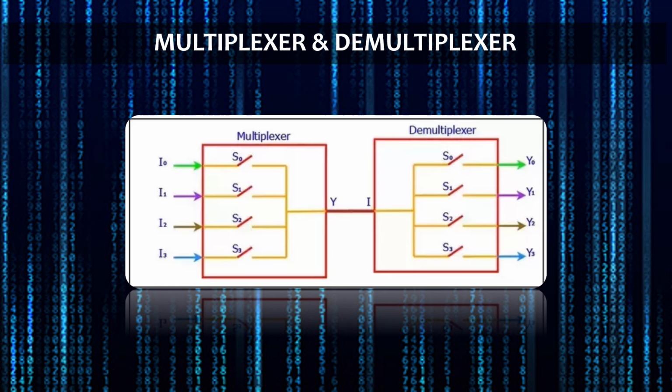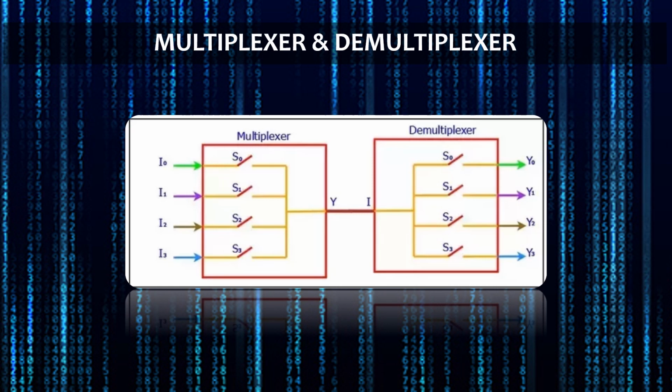The function of the demultiplexer is to inverse the function of the multiplexer. The shortcut forms are mux and demux, and some multiplexers perform both multiplexing and demultiplexing operations. The main function of the multiplexer is that it combines input signals, allows data compression, and shares a single transmission channel. So this is the basic function of the multiplexer.